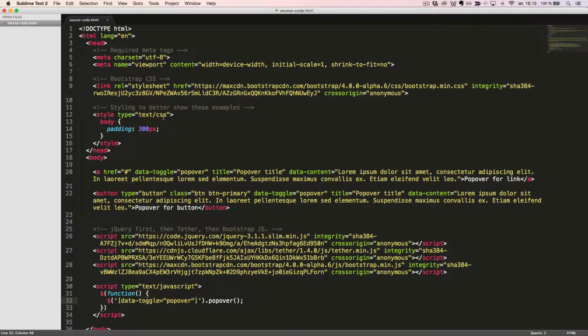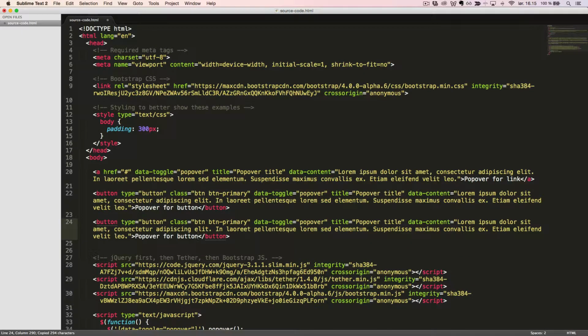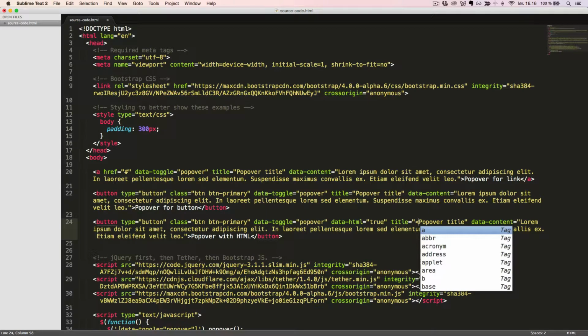We can use custom HTML for our popover by adding the attribute data HTML with the value true. Let's copy the code for the button with the default popover, change the text to popover with custom HTML, and add this attribute. Now we just need to create some custom HTML content as the value of the title and data content attributes. Let's create a primary badge component in the title